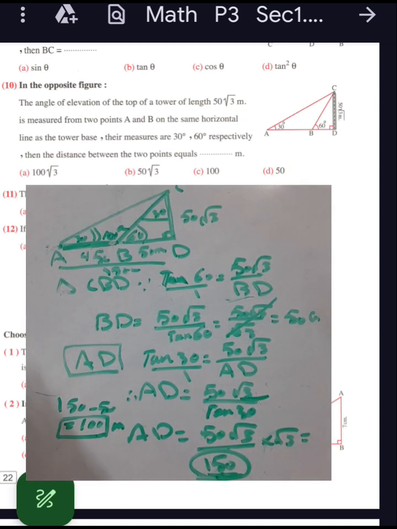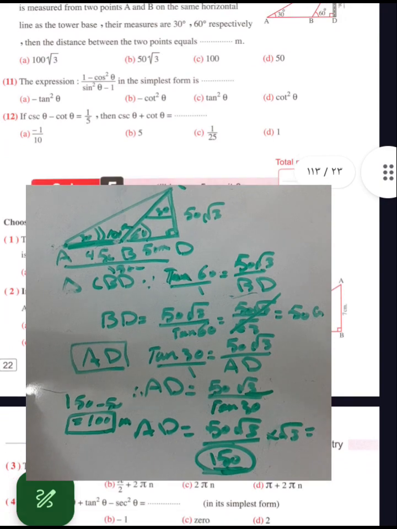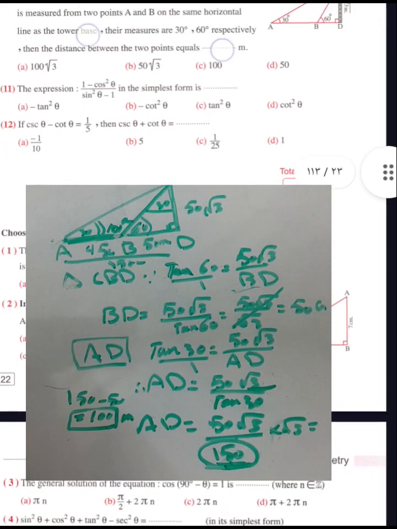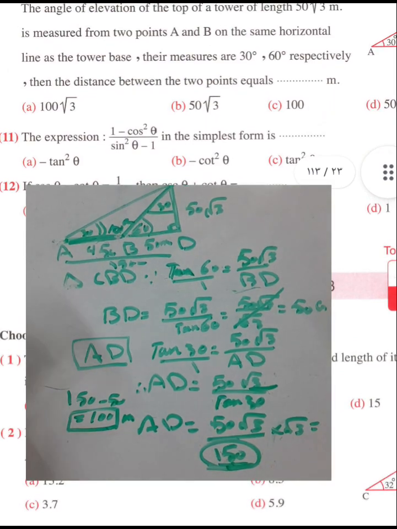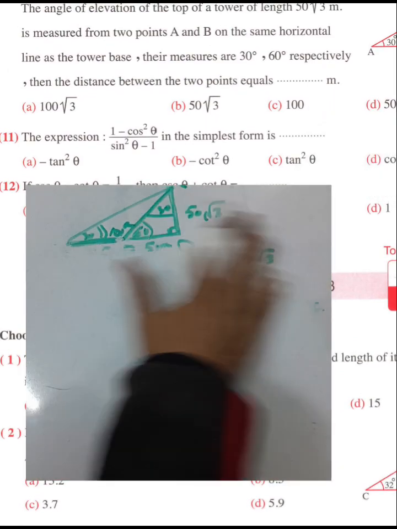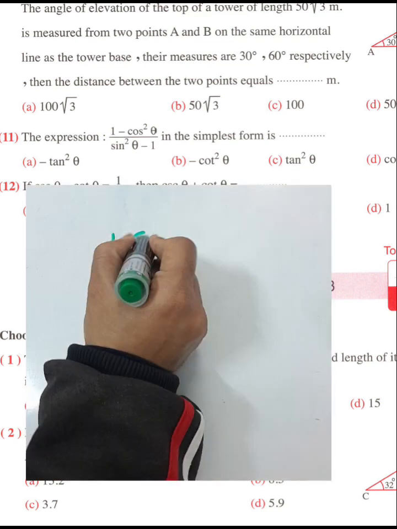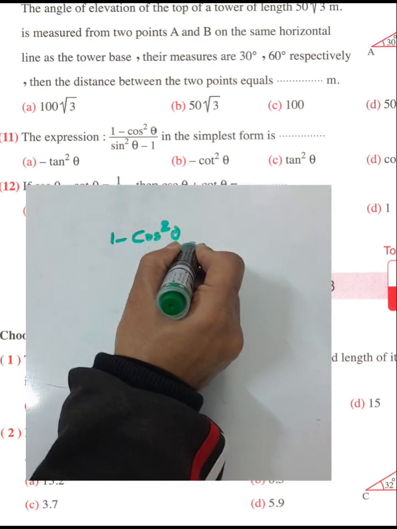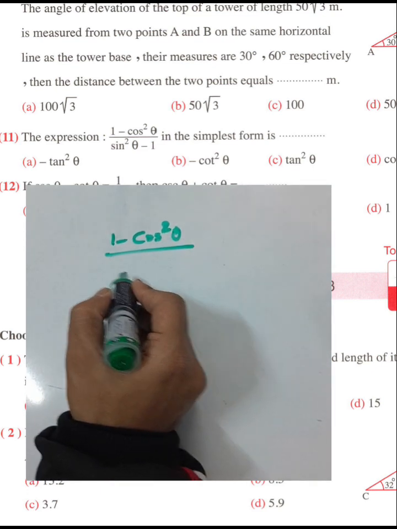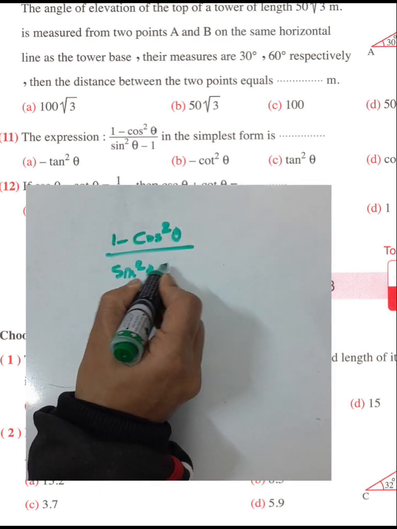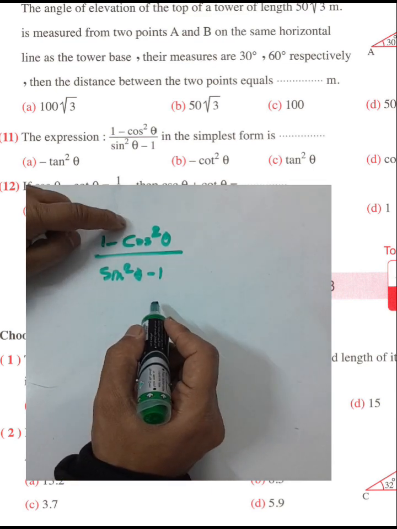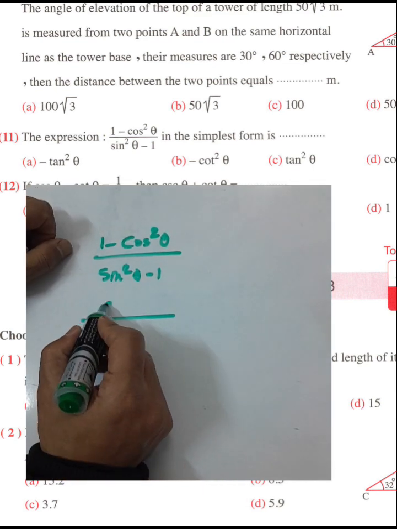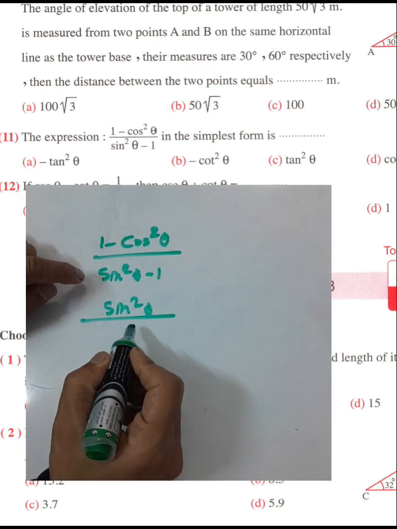Next example, question 11. Find the expression here in the simplest form. One subtract cosine power 2 theta over sine power 2 theta minus 1. We know 1 subtract cosine power 2 theta will be sine power 2 theta, and sine power 2 theta subtracted by